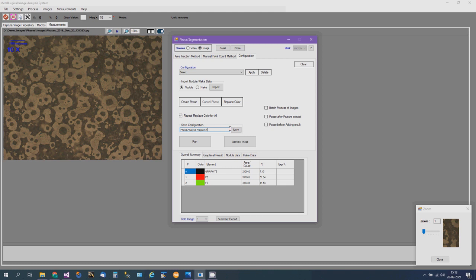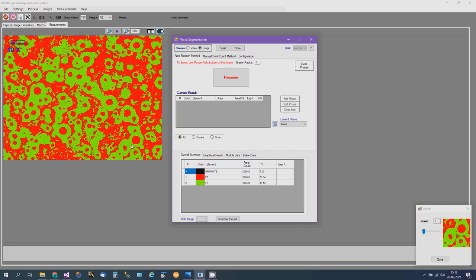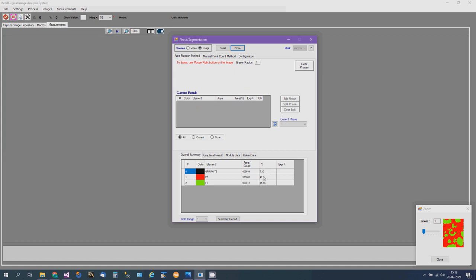I can save it. So on this image, whatever configurations I have defined here, I will run it. See, if I resume it here, I get the pearlite and ferrite. I tell the system that this contains my graphite, and I resume it and add to my cumulative result. See, my graphite is still the same, 7.13, because I got that from the previous nodularity analysis from multiple samples. Pearlite and ferrite are from 2 samples, and this shows the average of those two.